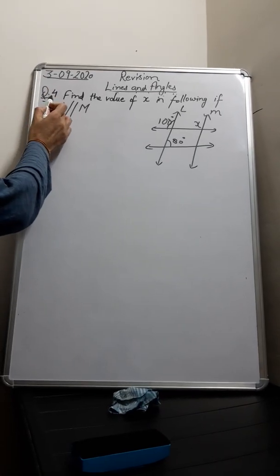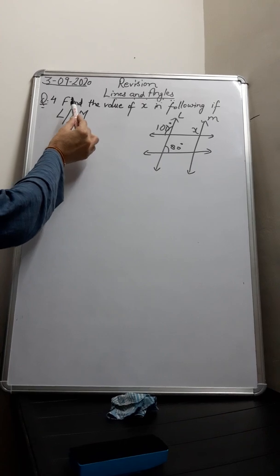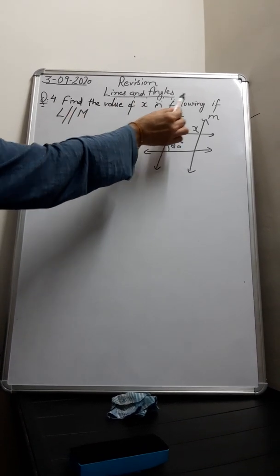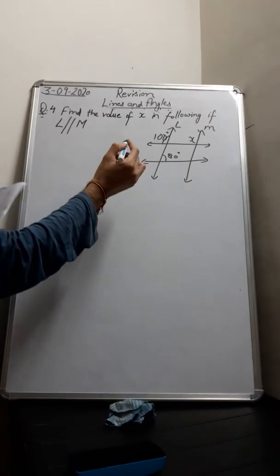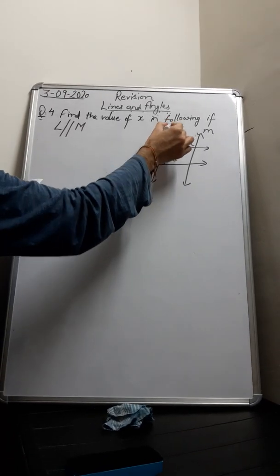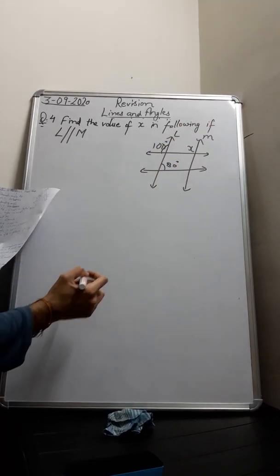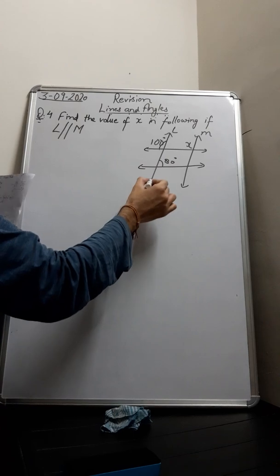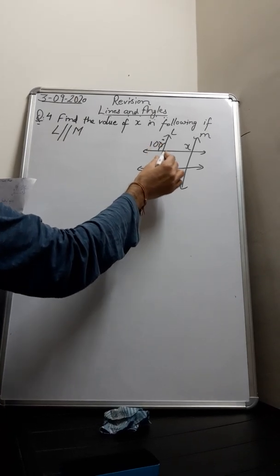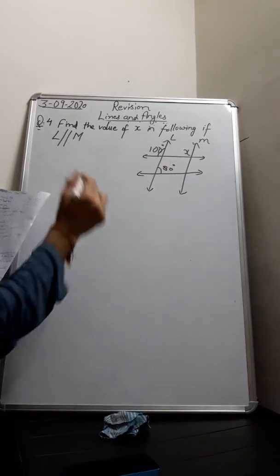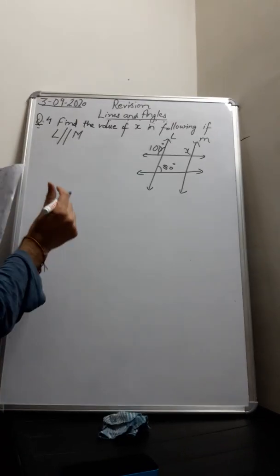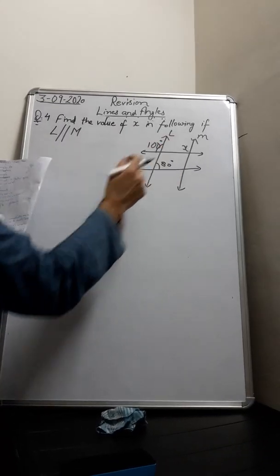So now in question number 4, find the value of x in the following if L is parallel to M. In this figure we can see that L is parallel to M, and this line is making angles of 100 degree and 80 degree, and this line is making an angle of x, which we have to find out. So here, to find out angle x